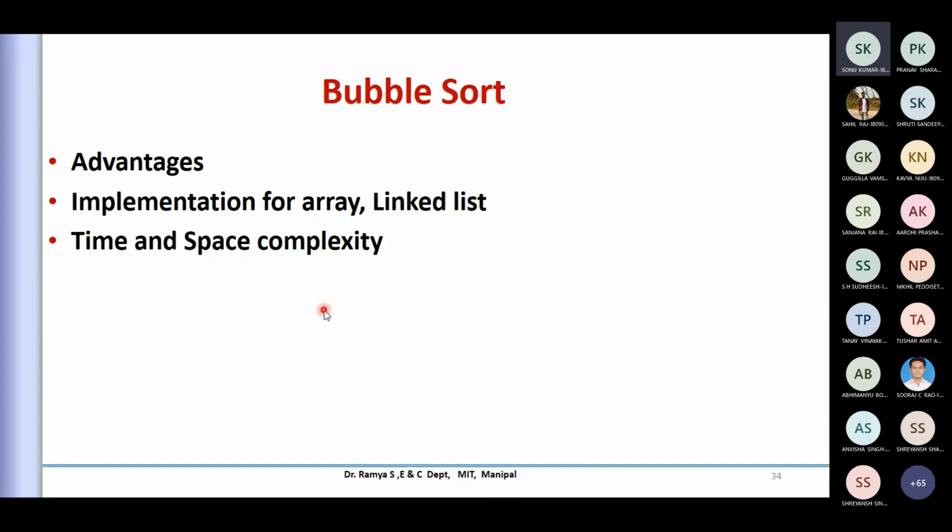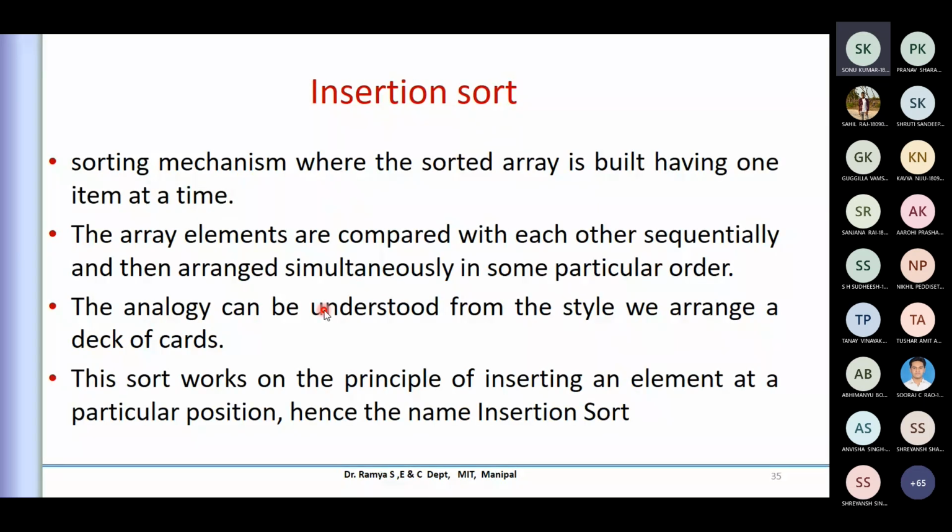Linked list also we tried to touch upon. So you can also think of a tree, how you can go ahead with the tree bubble sort also. Here we discussed time and space complexity. And for space, you might already know that it takes only one swapping, so the space is O of 1. Okay, so that is about bubble sort.